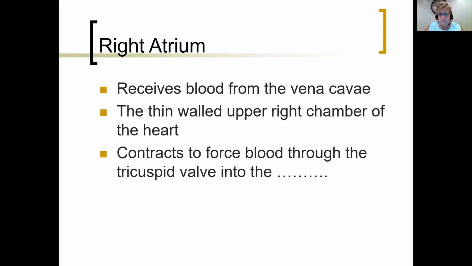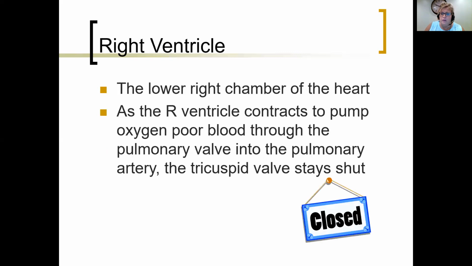And when it receives the blood from the superior and inferior vena cava, it contracts to force blood through the tricuspid valve, and that's number 4. 3 is the right atrium, 4 is the tricuspid valve, into the right ventricle. And you can see the arrows on the diagram for us. It's coming from the vena cava into the right atrium through the tricuspid valve. And there's a little cutout that shows you the 3 flaps, or the 3 cusps, of this valve. So it goes through that valve, and the right ventricle contracts then to pump oxygen-poor blood through the pulmonary